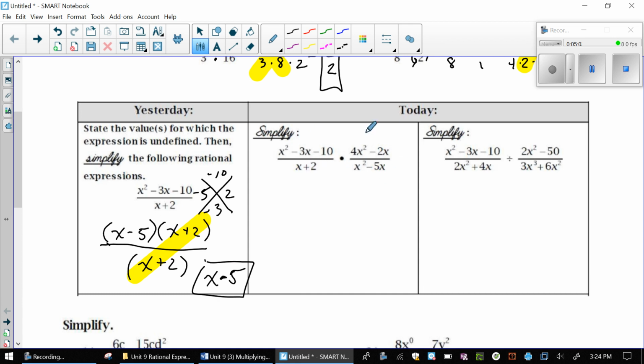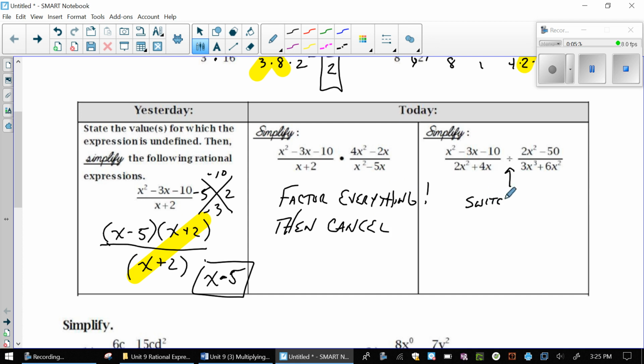We could simplify this. We can factor the whole thing, okay? So what I like to do is to factor everything. Okay, then I'm going to cancel. We look for things that are the same on the top and the bottom, then we cancel. When we see that division,